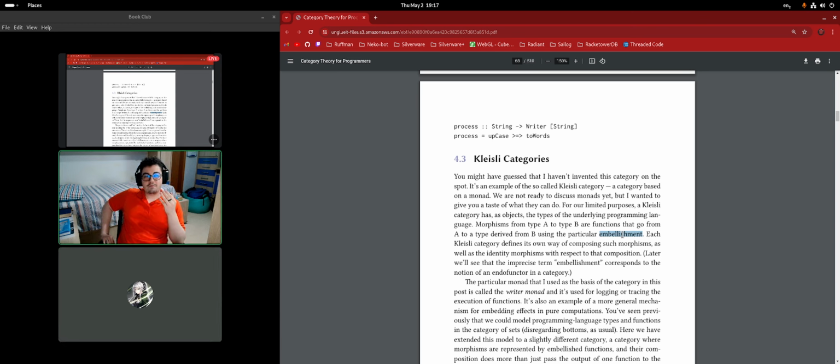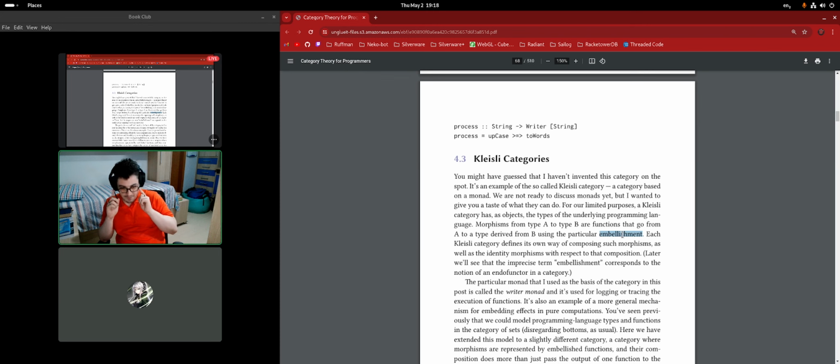Okay, so my perspective now that you describe it in that way is that there is a channel in which the composition is still being maintained, but you have potentially multiple other channels in which stuff is happening, but this marginal stuff is not forbidding you from focusing on making the composition. Yes, exactly. Because if you just try to use normal function composition, it will break. If you have a function from A to writer B, and a function from B to writer C, that doesn't fit, because B and writer B are different types.